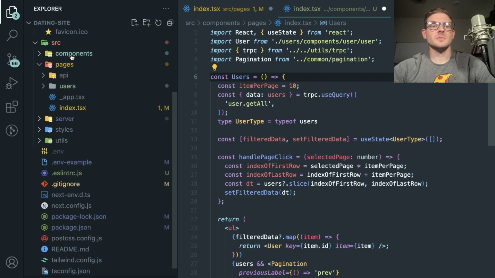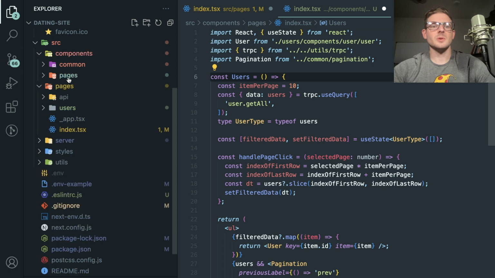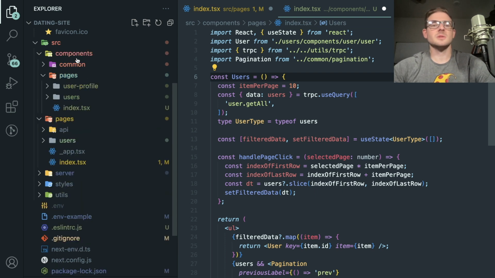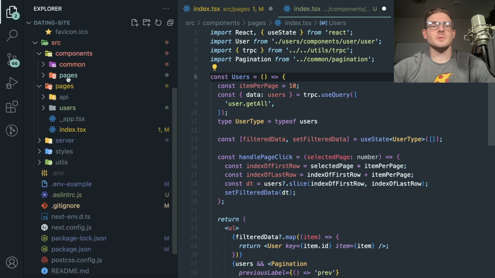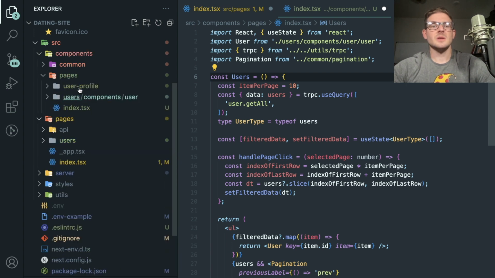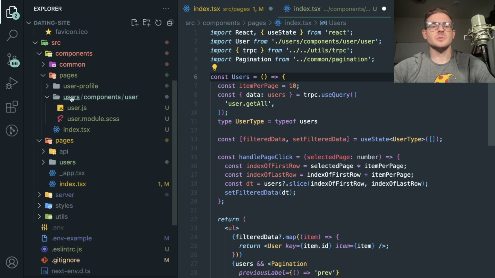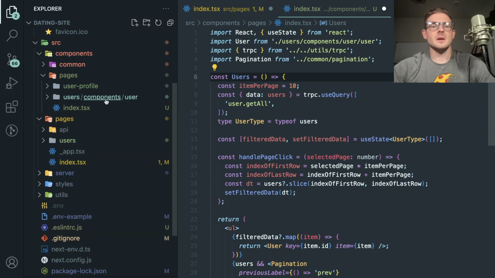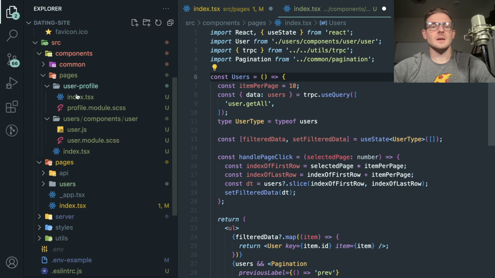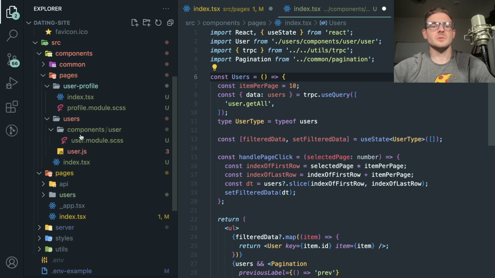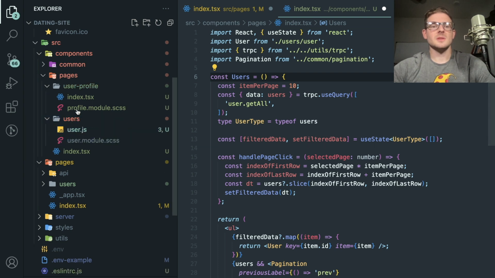It's in the components directory. So I don't know if we need to put pages hyphen components because we know it's nested in the components directory. But I guess for all the different pages, we have different things. So this is user profile and this is user. And yeah, I'm not too sure why there's a components thing here. I'm just going to go ahead and move these up one level just so it's a little bit easier for me to understand. And maybe there's an argument as to why there's a nested components inside of that, but